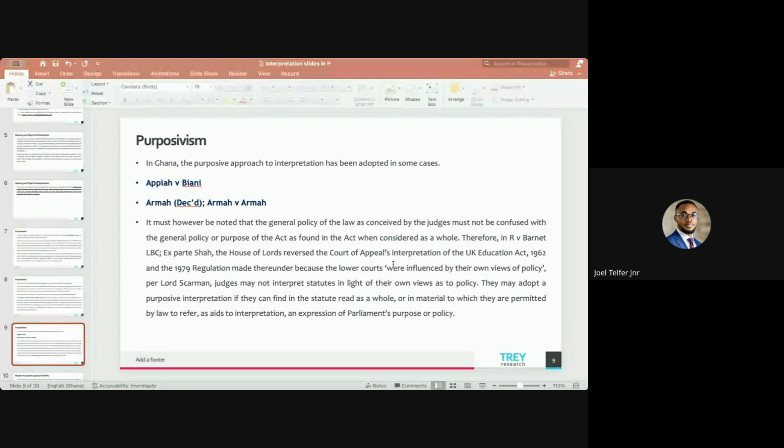You may see the case of Apia and Biani, where the deceased died intestate, and he had, among other things, an uncompleted story building which had reached lintel level, and the court had to determine whether the uncompleted story building was a house within the contemplation of the Intestate Succession Act, PNDC Law 111, under Section 4. And Lutrod J, who would eventually become, I believe, Wood CJ, noted that using a strict constructionist approach,